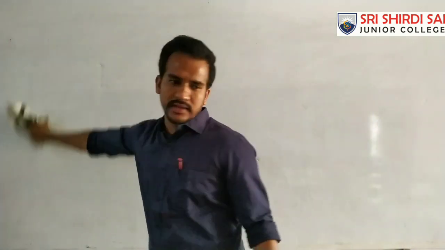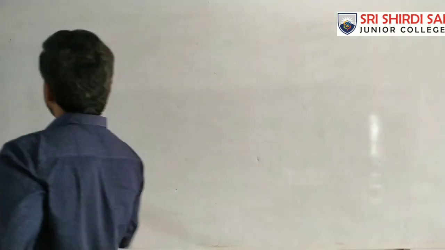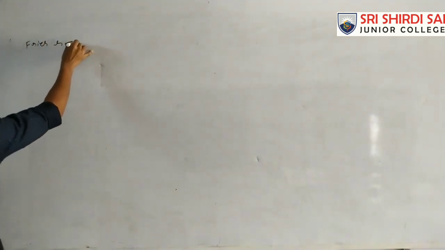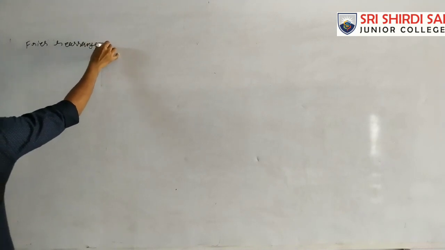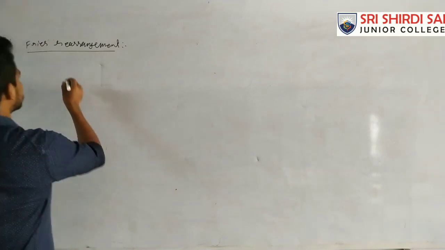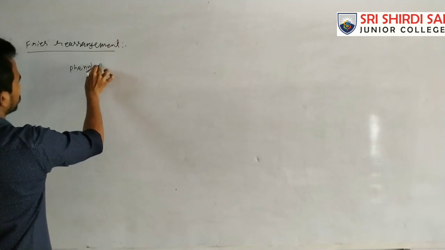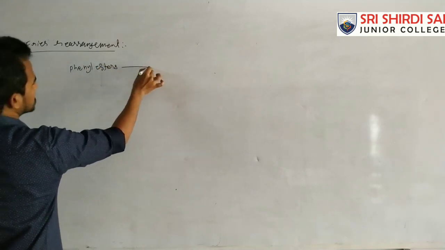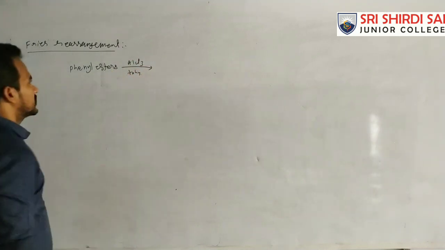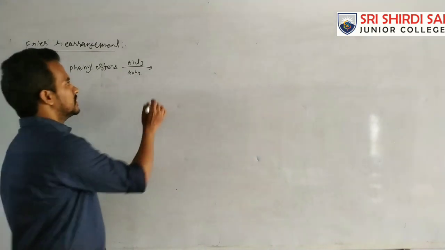Okay, so next another type of reaction for the preparation of the phenol, that is Fries rearrangement. In this case, Fries rearrangement: phenyl esters on treating with anhydrous AlCl3. Phenyl esters in the presence of the anhydrous AlCl3 rearrange